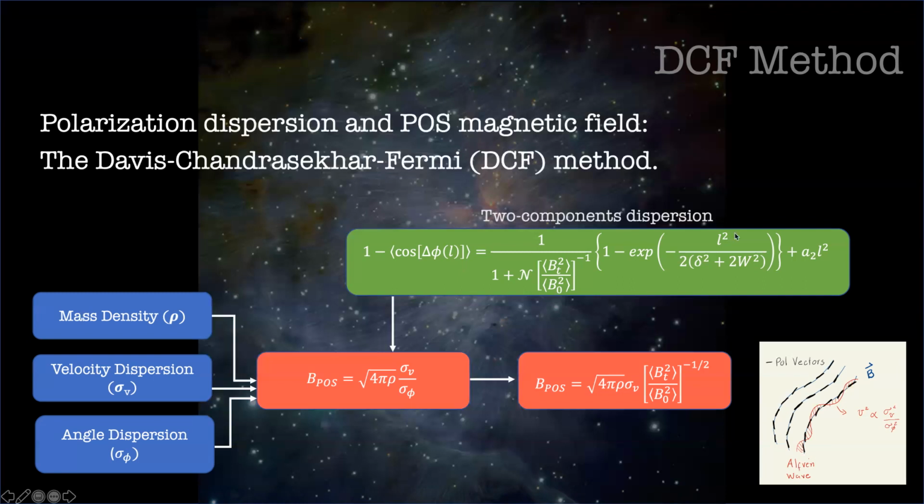Now, this function, which is measured from polarimetric data, can be described by this expression on the right that has two components. First, the term that is proportional to L squared, the distance. It characterizes the contribution to the angular dispersion from that large scale magnetic field structure that I was mentioning before. Therefore, this term doesn't give us any information about the turbulence. And then the first term, this huge term that we have here, is the term that contains the effect of the turbulence, which happens to take place at small scales in L values. This expression takes into account that the turbulence is Gaussian in form, and that the form of the autocorrelation of this function